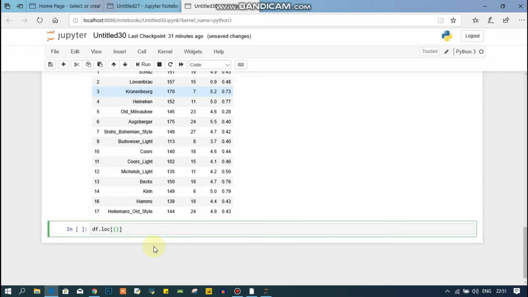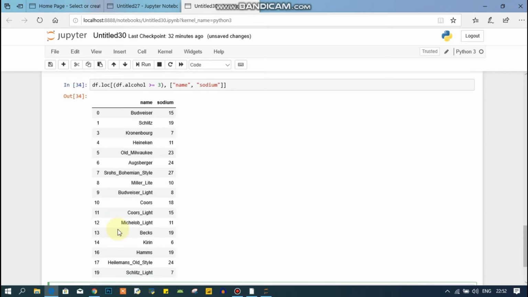So I'm going to pass here df dot alcohol greater than or equal to 3, and I only want the columns name and sodium.